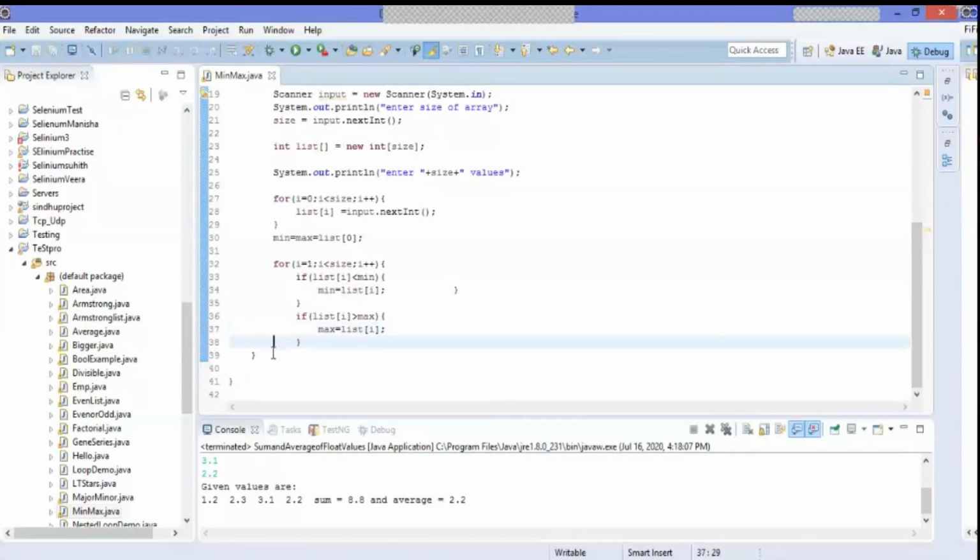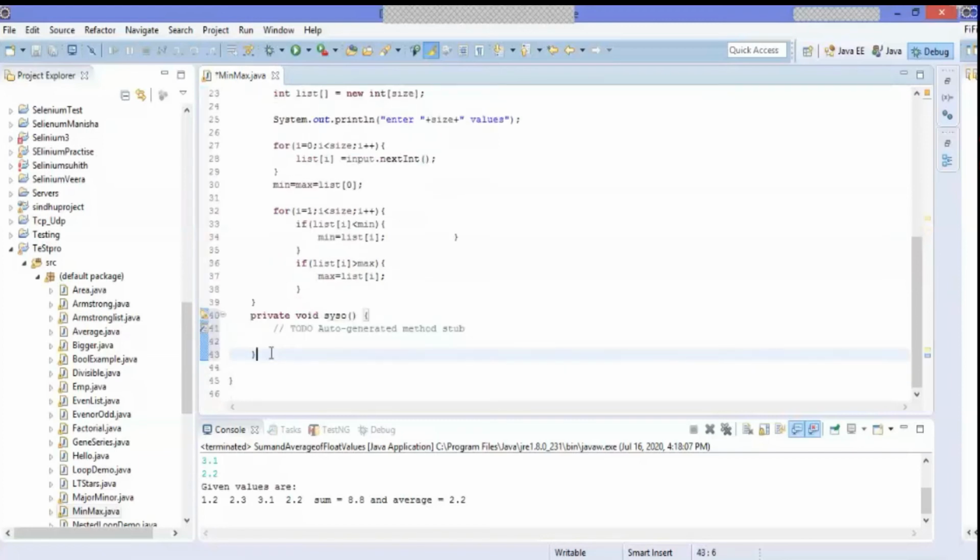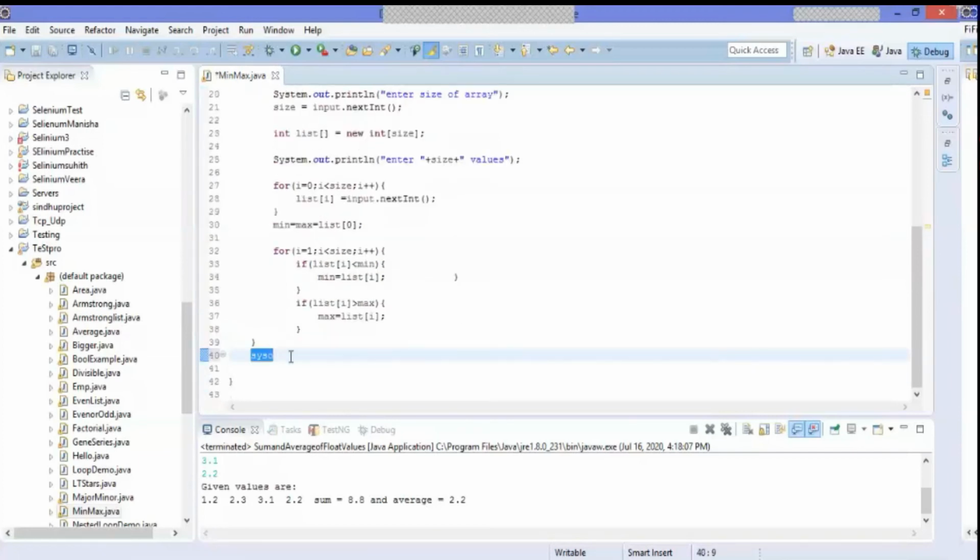So finally, after completion of this loop, we get the minimum and maximum values. After the for loop we write the statement System.out.println: min is equal to, plus minimum, and as I said we require max also, so max is equal to, comma, max.